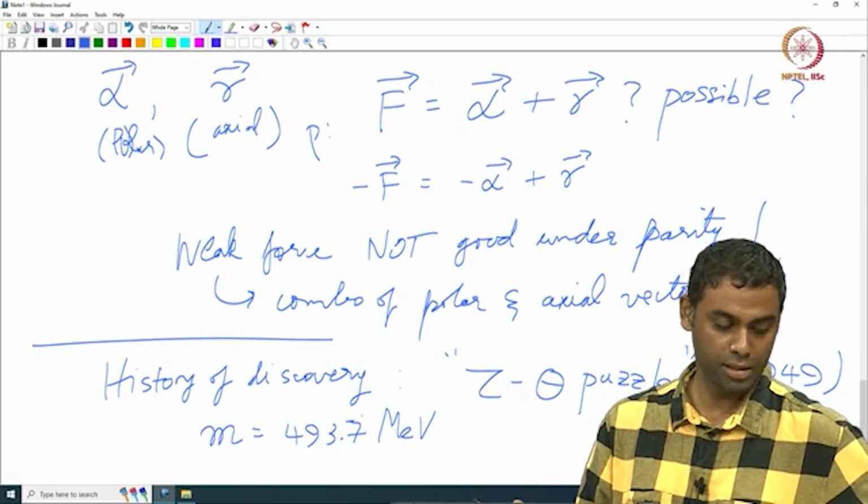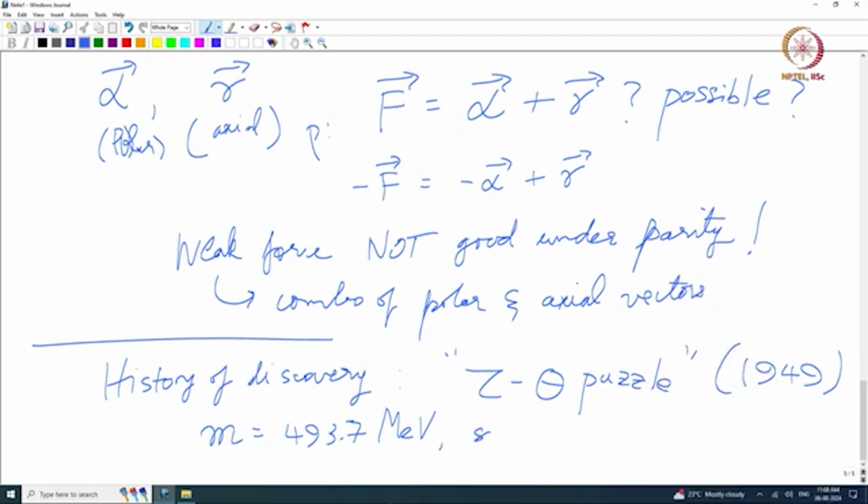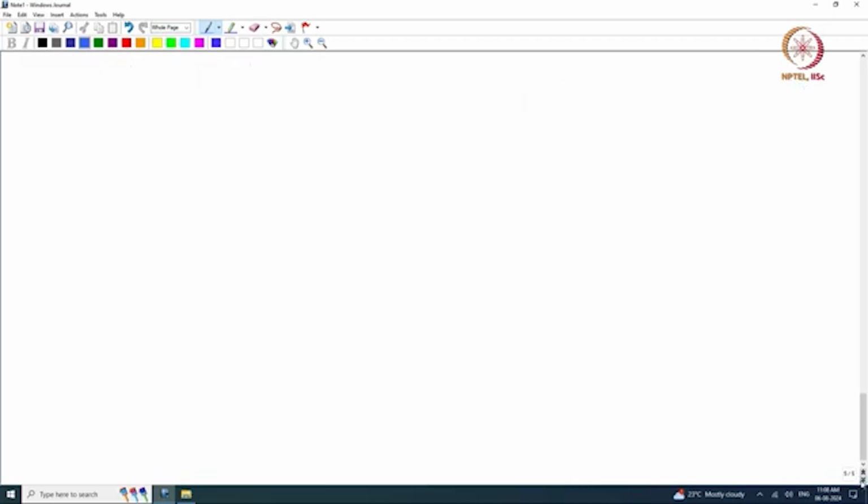They had the same mass, the same spin, both spin 0, and the same electric charge. But what distinguished them as two separate entities was that the theta meson was seen to decay